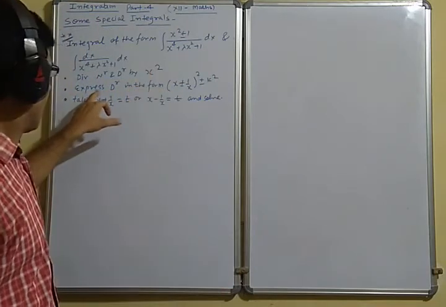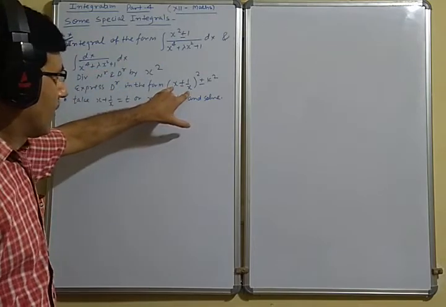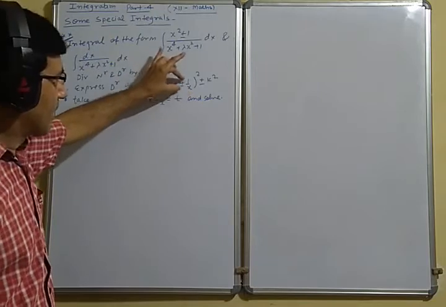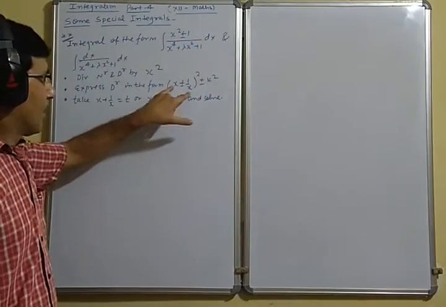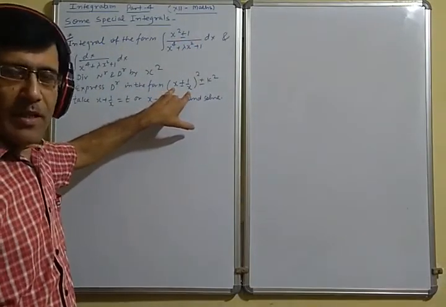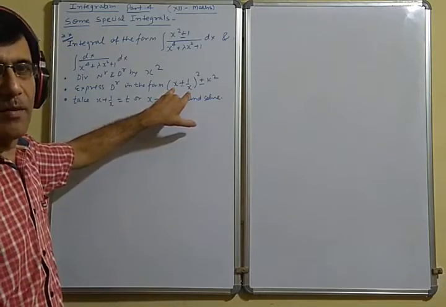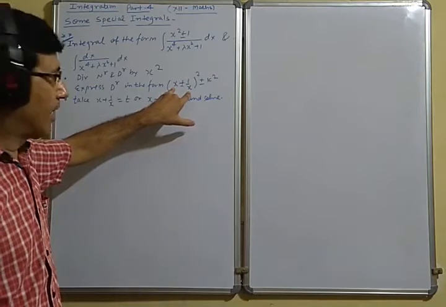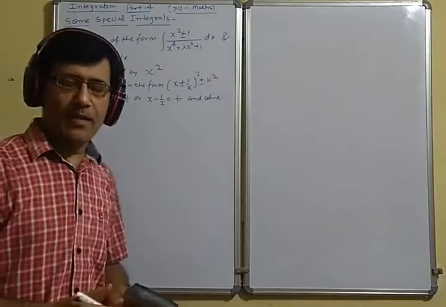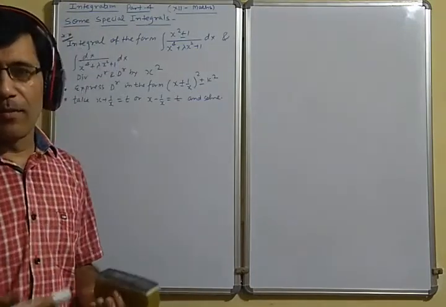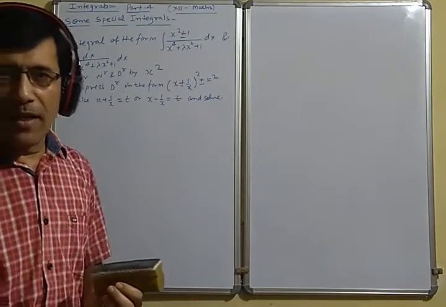Then second step, express the denominator in the form of a plus minus b, that is x plus minus 1 upon x whole square plus minus k square. If it is of the form x plus 1 upon x whole square plus k square, then x plus 1 upon x you take t. If it is x minus 1 upon x whole square plus k square, then in that case x minus 1 upon x you take t. So this type of form is again very important.